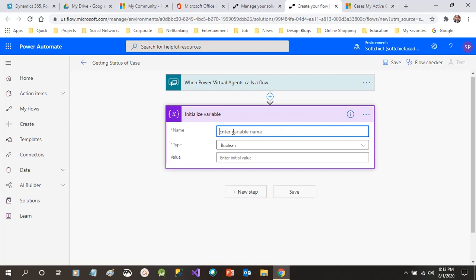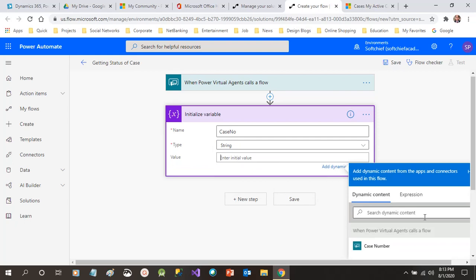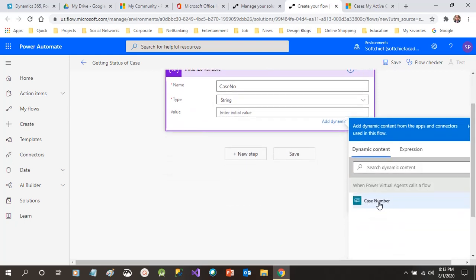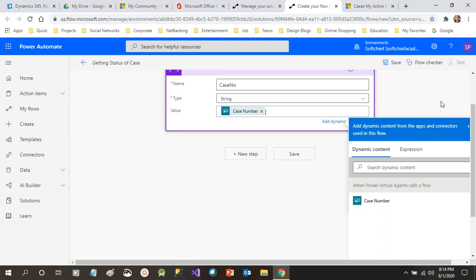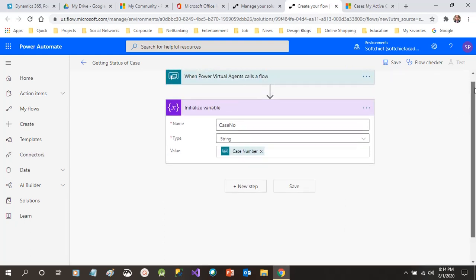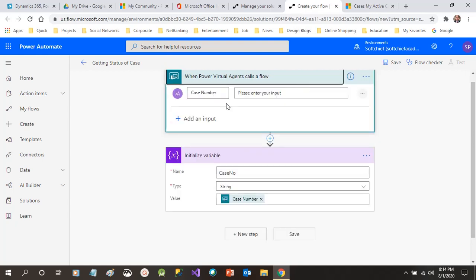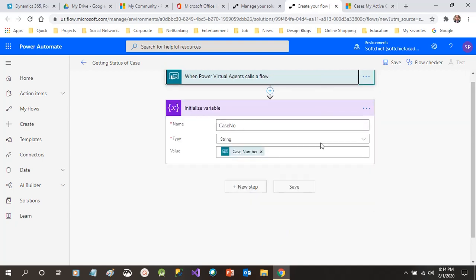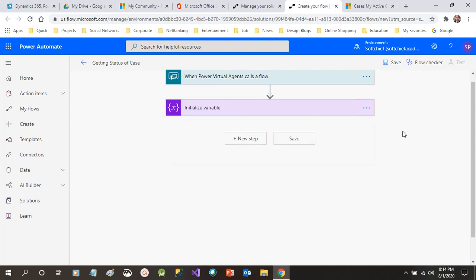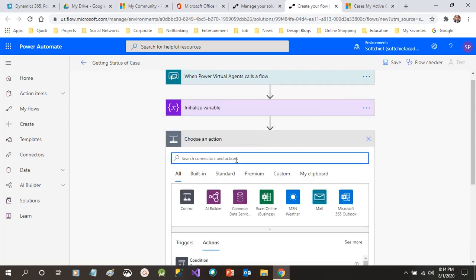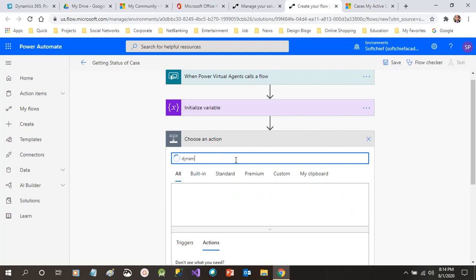Take a variable name called case number, and it should be a string, and the value will be the input parameter that has been passed. So in the dynamic content you will find all the necessary variables and input parameters. So click on this case number. This is the parameter that has been passed from Power Virtual Agents, and we have captured it here, right, case number. So the next is, once initialize variable is done, we will add a step to connect Dynamics 365,